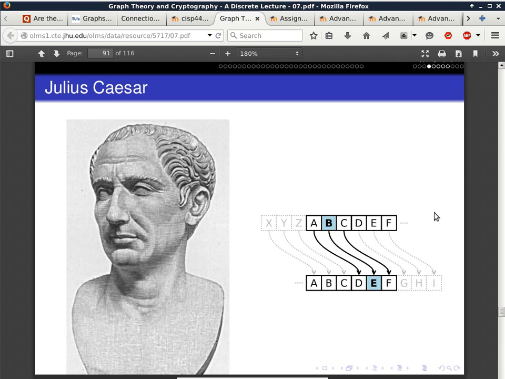You don't know ahead of time what the offset is. I'm not telling you ahead of time that we have an offset of 3 in this case, because to go from B to E, there's an offset of 3: 1, 2, 3. So the actual offset number is hidden from you. You're given a text that is already encrypted. So how would you go about